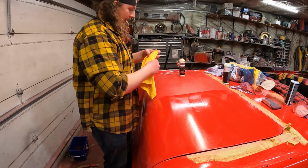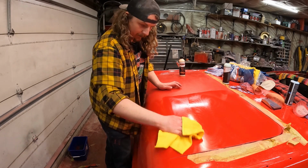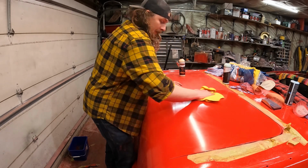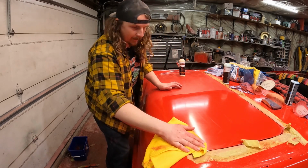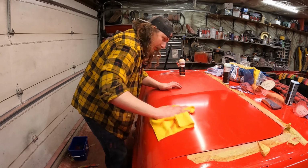Step by step, it's getting better. I still don't think this is the top coat. This is still just kind of taking out swirls, but it's getting nicer. This is gonna be a nice car. Okay, so we still have some scratches, that's for damn sure, but I don't know if that's a me thing or if we just gotta keep polishing. I may have to do a little Googling, but